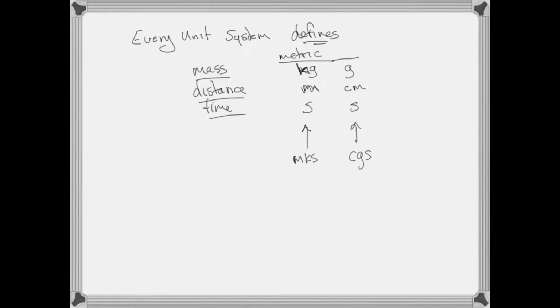The metric system has subsystems. We can talk about the meter, the kilogram, and the second, MKS. Or the centimeter, the gram, and the second, CGS. In the British system,